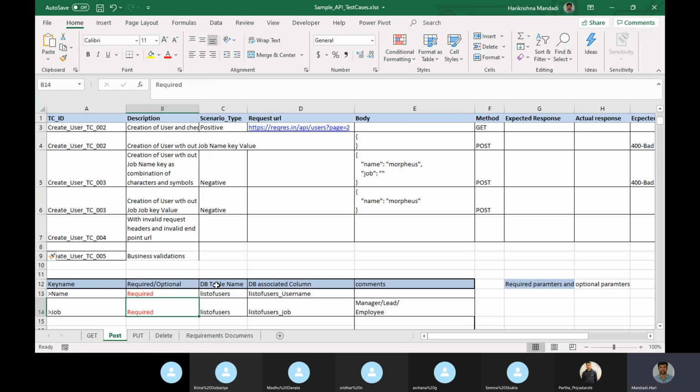What I can do, see, they are saying both of them are required, right? I can pass without one.